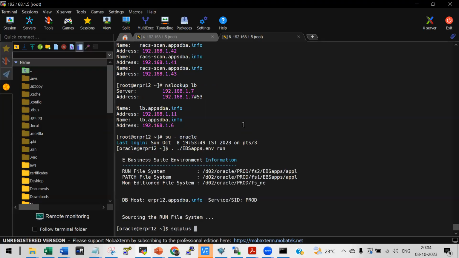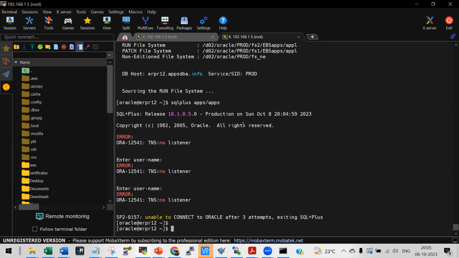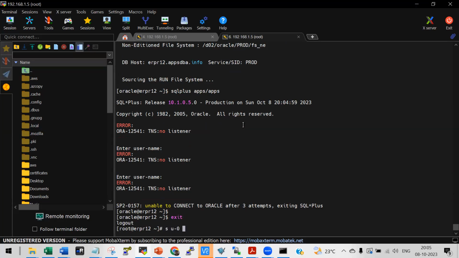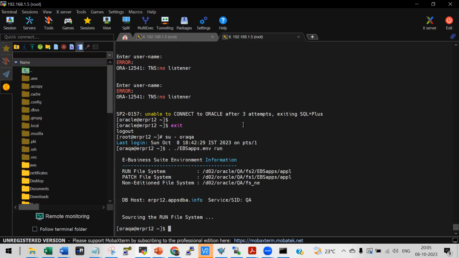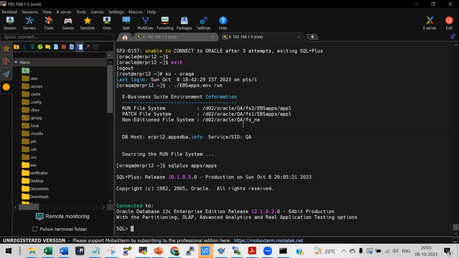So we want your primary node to finally have that information. Even in RAC we do that. We run on node 1, node 2, and again come back to node 1. Even in applications, if there are 3 application nodes, we run on node 1, node 2, node 3, and again node 1. Maybe the third node is the iSupplier node. If you run autoconfig on the iSupplier node, the ICX parameter table will have the third node information, because whenever autoconfig runs,